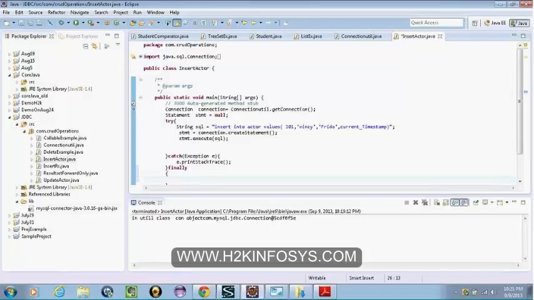But connection pooling is a concept. Any pooling, like object pooling, we can use object pooling for a specific class, right? So instead of creating or nullifying the objects, making them eligible for garbage collection, or in this method creating connection objects and closing them, we create a set of them and we reuse them actually. That's the concept of pooling. Okay.